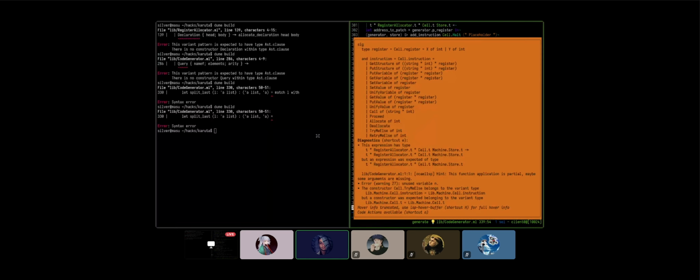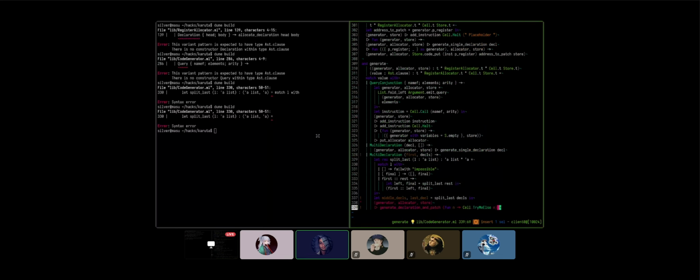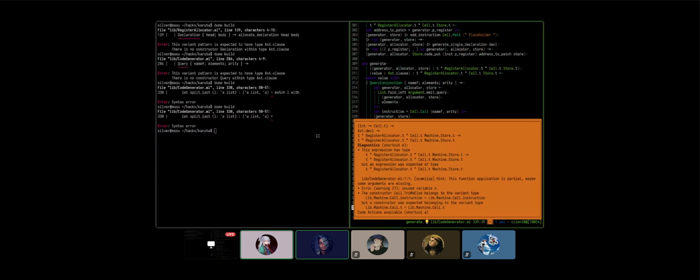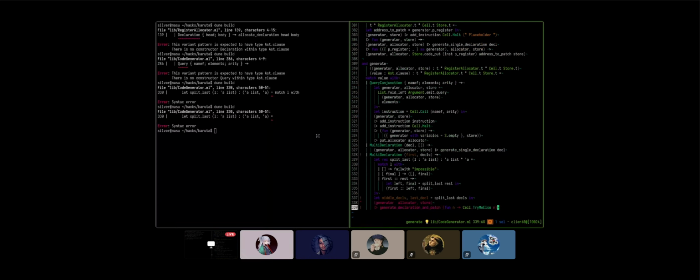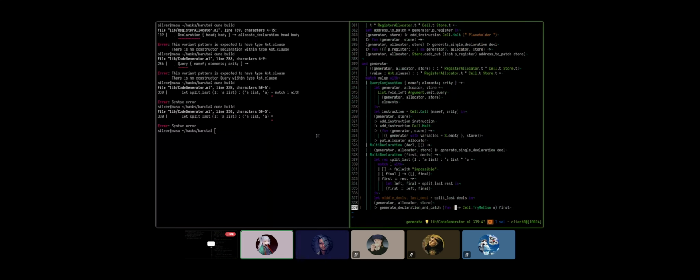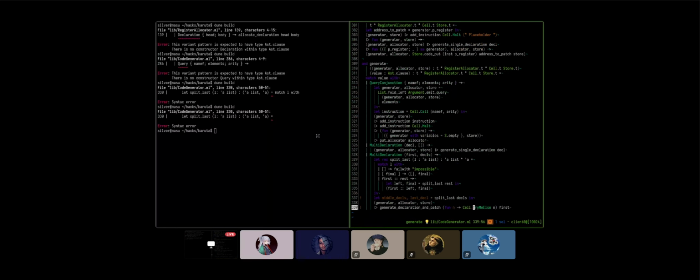But now we need to pass the other arguments because otherwise LSP is going to go insane. So what are the other arguments? Well, the other arguments are the declaration. So first, declaration, and that's it because it's a fold and pipe. Well, this is still wrong actually. Unused variable n. Do we actually need to do this? No, we don't. I don't know what's wrong, but we don't have to do that.